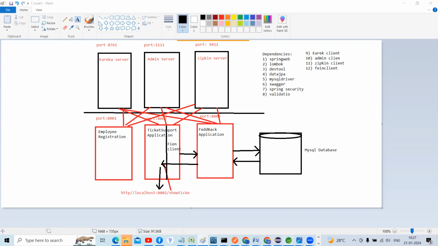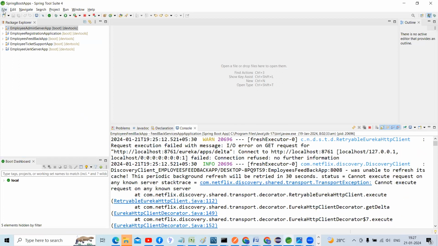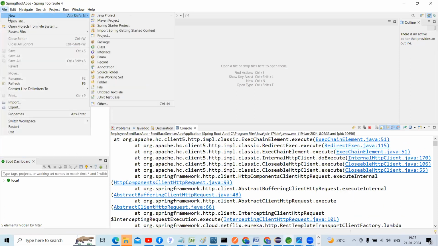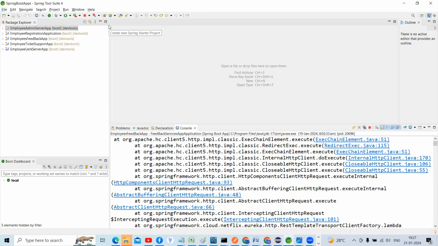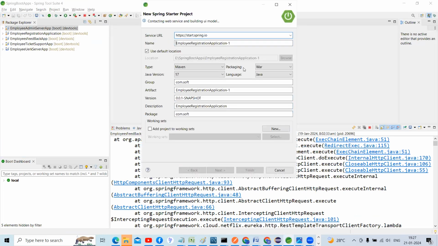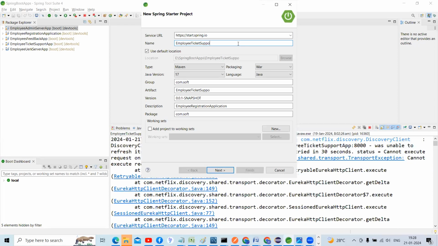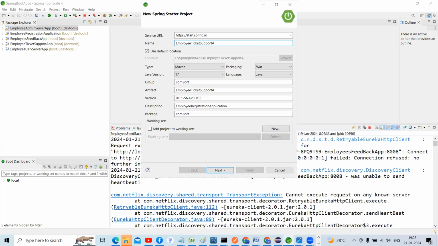Go to the STS tool and create a Spring Starter project. What am I going to create, guys? Employee registration application. So I'm going to take a new one, right? Employee ticket support, right, guys? Ticket support, and